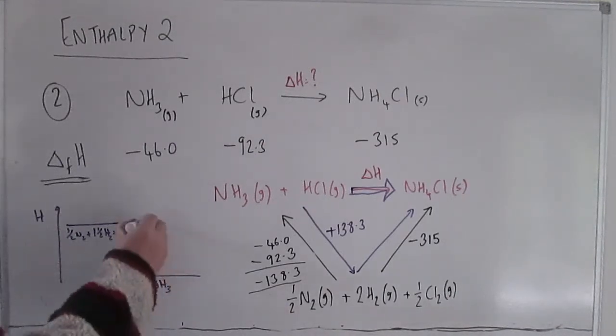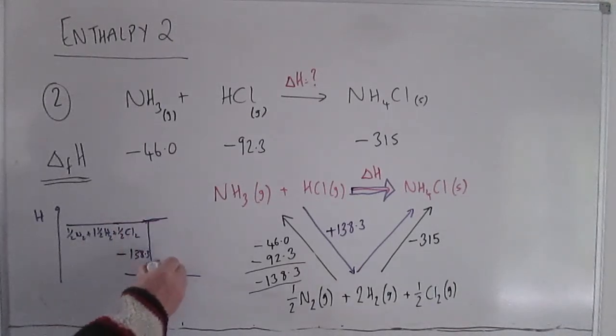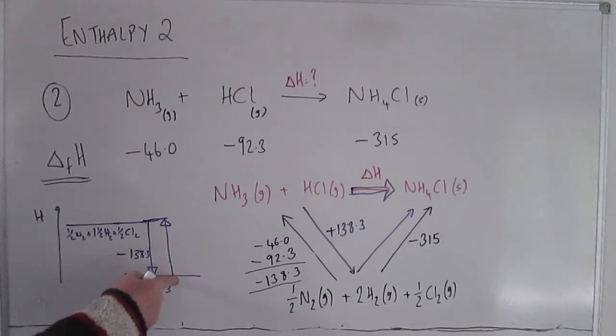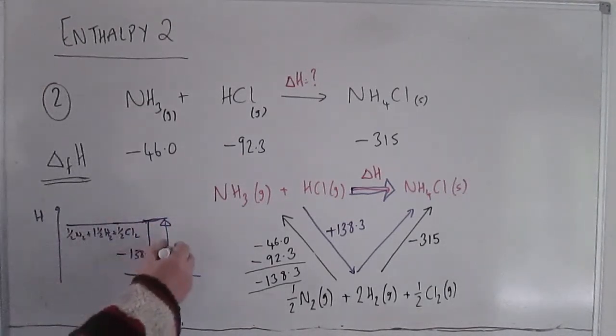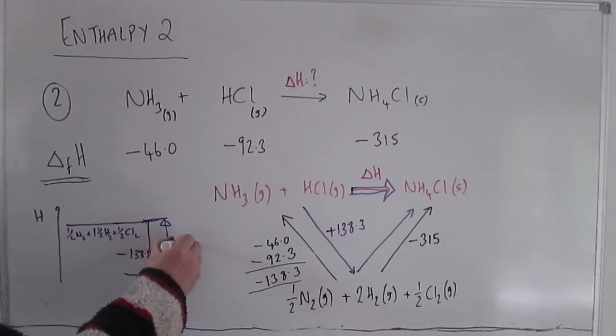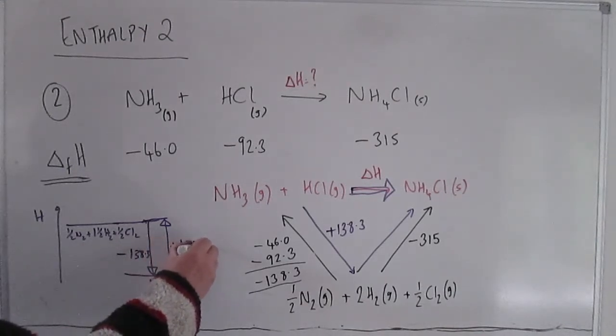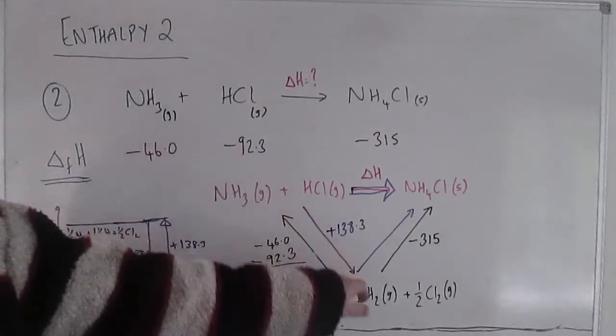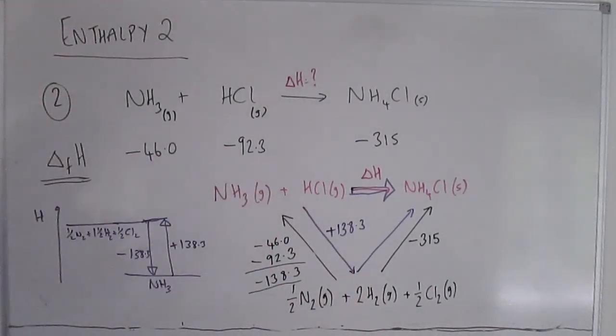And you can see from the graph that this way is just the opposite of that. So if this is this energy level and that's at that energy level, the difference between the two is the same size, but the arrow's going in the opposite direction, so the sign is the opposite. And that's all you do in all of these Hess's law calculations. If your arrow is going the opposite way from the data you're using, all you do is change the sign.